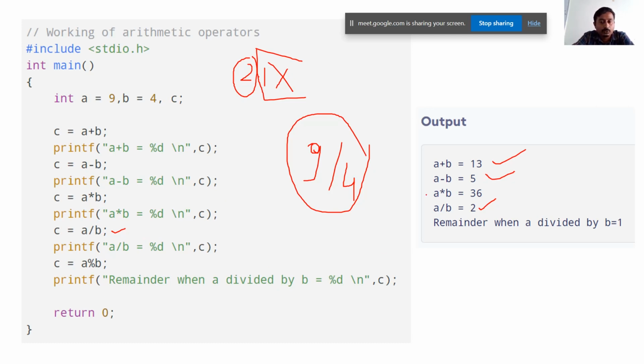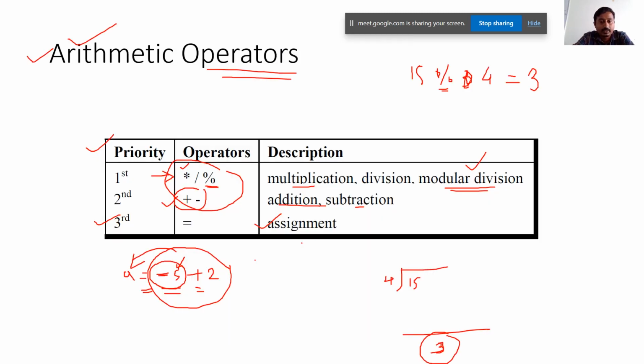So what you have to do, when in C we have integer divided by integer, you do the normal calculation. Even if you get 2.8, you just discard the fractional part. So that will be the result. And similarly, the remainder operator gives the remainder of the division. So 9 divided by 4, the remainder will be 1. So this is regarding arithmetic operators. So remember their precedence. Multiplication, division and modular division share the same priority, and their associativity is from left to right.